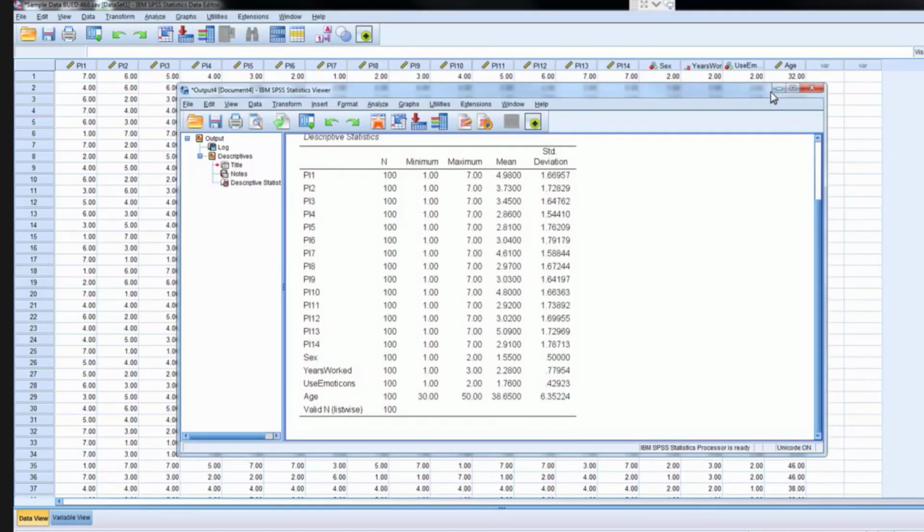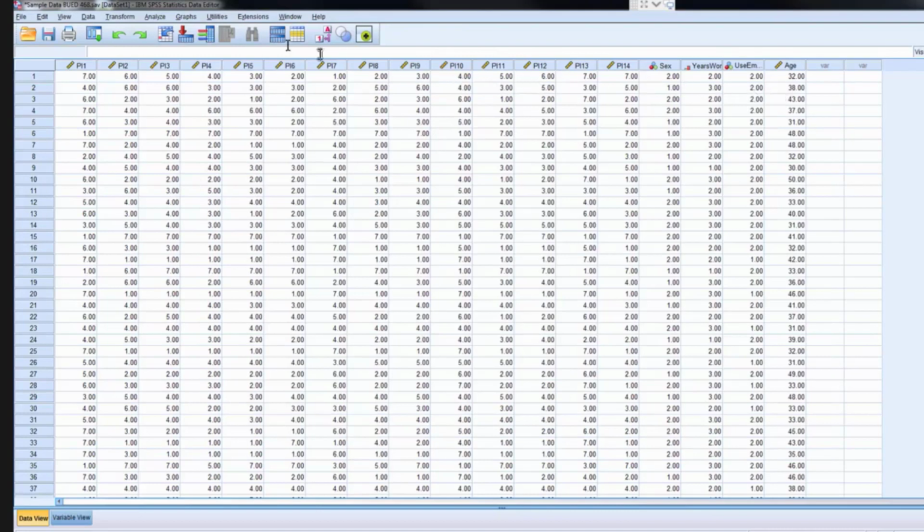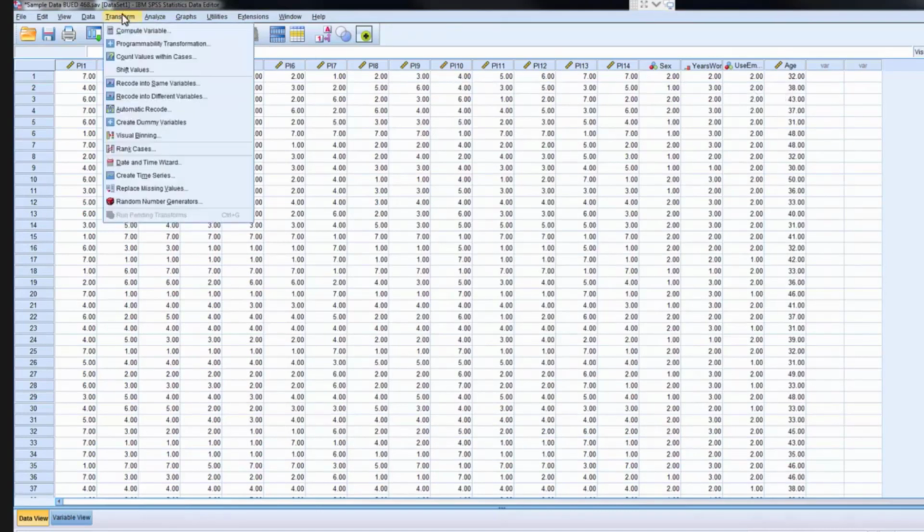In your SPSS file, as you run analyses and make changes to the data set, a second window will pop up with all of your output. You can just minimize that as you're going. So back in my data set, I need to go to Transform, and then I have two options here: recode